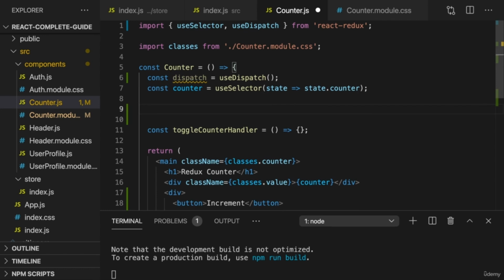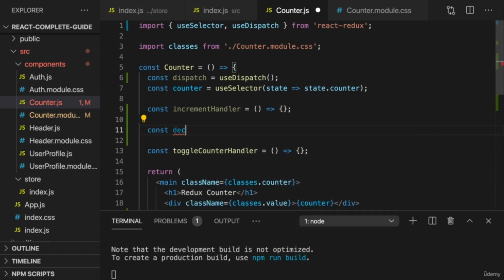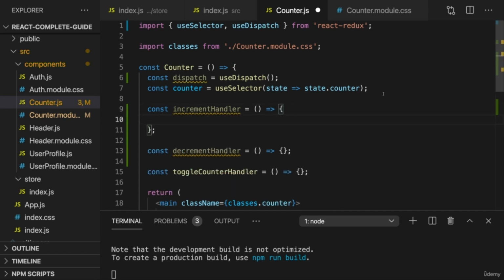So therefore now I'll add two new functions here in this counter component, the increment handler and the decrement handler. So two new functions which will wire up to the buttons. And in the increment handler, we want to use this dispatch function and execute it to dispatch a new action, and then do what we learned. An action is an object with a type property. So let's add such an object here as an argument to the dispatch function call,